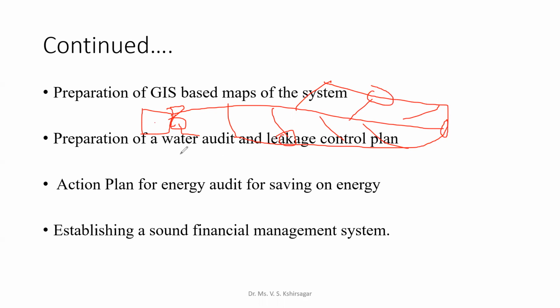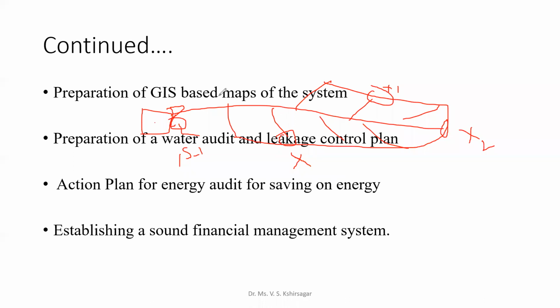So suppose in this week on 1st of August, you have done the water audit. How can you go for the water audit? What is the discharge Q at this inlet point, at the start point? And what is the discharge at these various spots? Suppose this is X, this is X1, and this is X2. Then in the next 15 days or next month, when you find out the discharge at the same spot, at that time it should be the same. It should be the same. And if it is not showing the same discharge, in that case, you should remember that there are leakages.